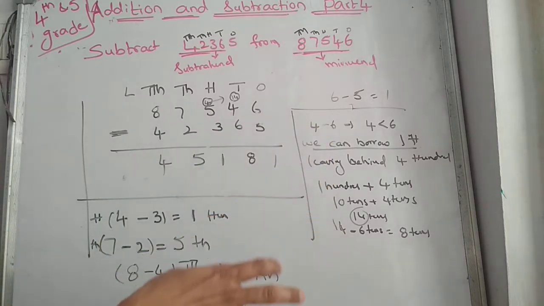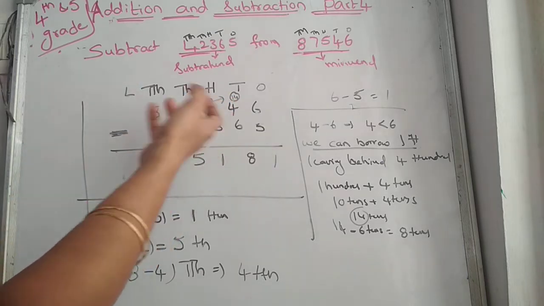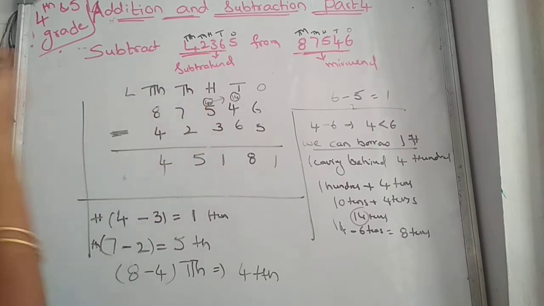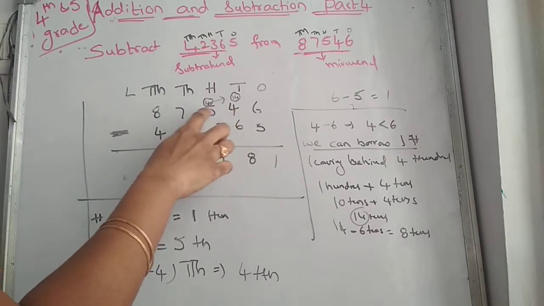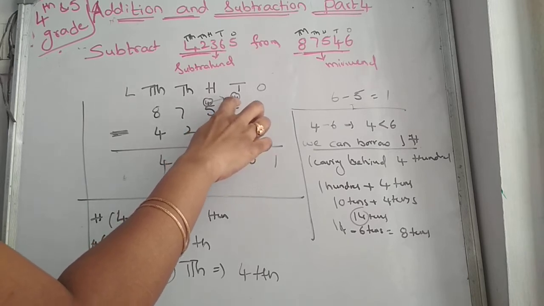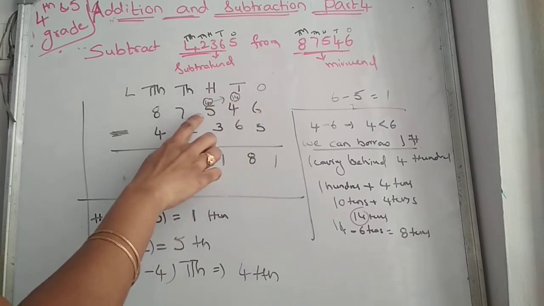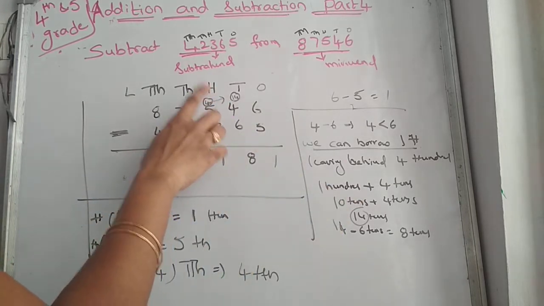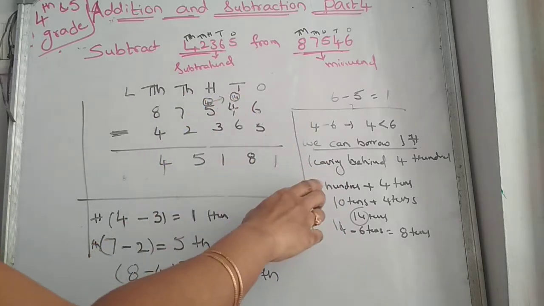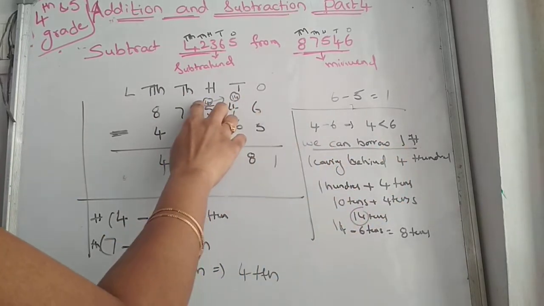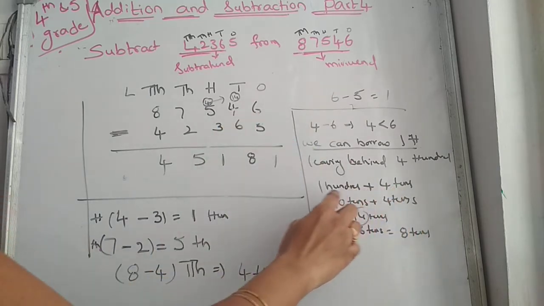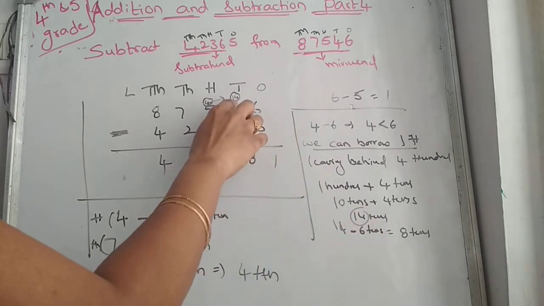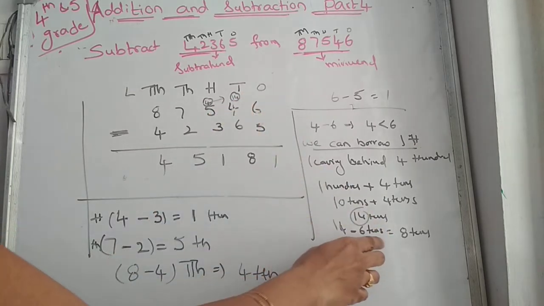So that's why what do we do here? We want an extra number here, so we borrow from the hundreds place. If we borrow 1 from the hundreds place, what do we have here? 4 becomes 14. And here, 5 goes to 4. How does 14 come? We borrow 100, so 100 plus 4 tens. 100 means 10 tens, right? So 10 plus 4 is 14 tens. That's why it came. I wrote 14 here. 14 minus 6 is 8 tens.